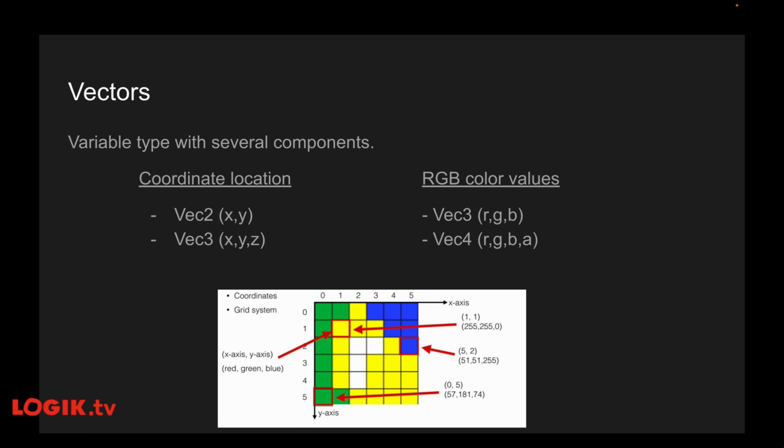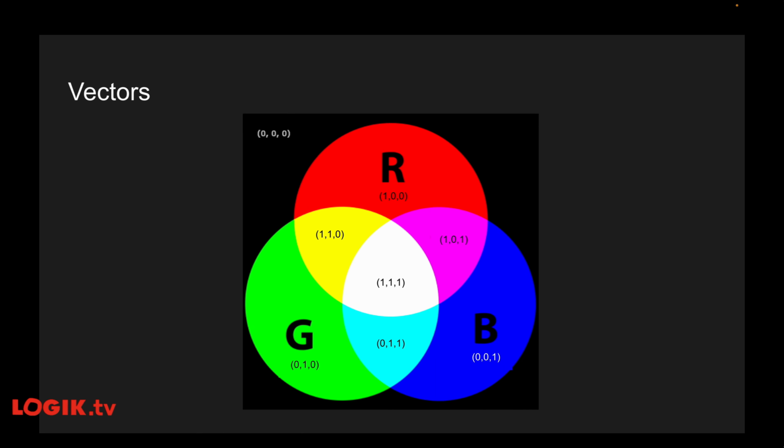Understanding vectors is key in the creation of Matchbox shaders. So I want to take a moment to explain vectors a little bit further. The definition of a vector is a variable type with several components. And we already talked about how we can store in a vec2 the coordinate location of the pixels in a canvas. But it's also very important to note